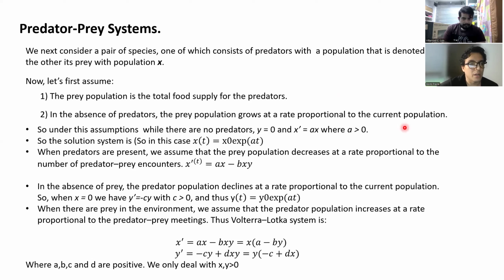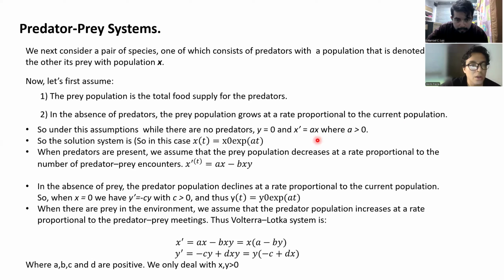So we have a constant growth of population depending on the present population. Okay, so if we have no predators, Y is 0, and we have X prime equals AX